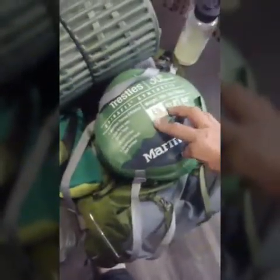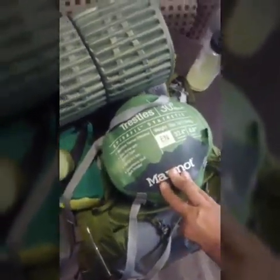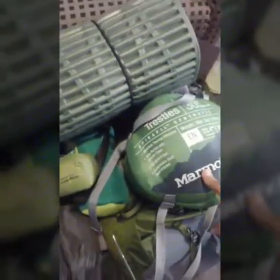Lastly, for my sleeping and I guess whatnot gear is this little inflatable pillow. This thing is awesome. This sleeping bag here is a mummy bag with a hood, so the head is kind of a hood shape, and this pillow is made to fit inside the hood of this bag. So it's pretty cool how I can use the sleeping bag hood as a pillowcase for this thing, and it's a really comfy pillow. I like it. It doesn't weigh anything either,